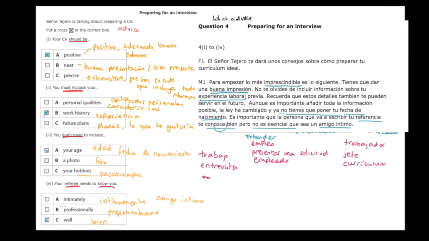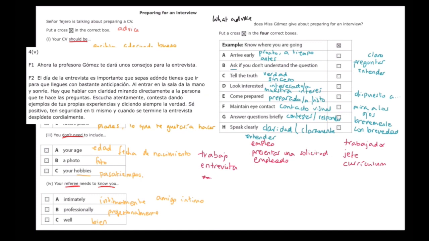They need to either know you professionally or know you well. It's going to be one of those. It's not going to be an intimate friend. Okay, so when you use your common sense, that also helps. Okay, so I hope this bit makes sense. I don't think it was too complicated, other than the first one, which would have misled me. But again, I'm a native speaker. Possibly, if you're not, for you it was very obvious. Let's hope so. Okay, so let's have a look now at the second part of the